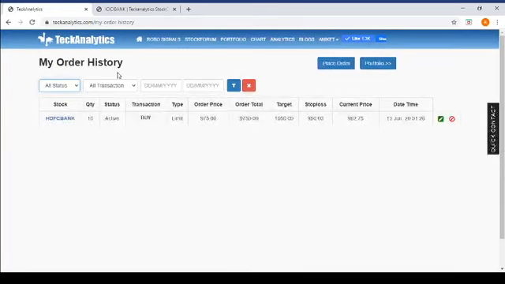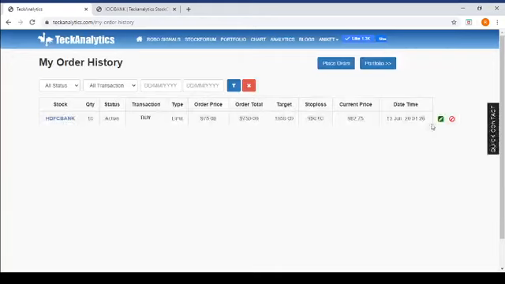Active means yet to be activated. It's in the market. You're buying. Type is limit because you're putting 975 as a negotiated limit price, as we explained, and the total cost of the order is 9,750. The target is 1,050, the stop loss is 950, and the current price CMP is 982.75 as of 30th June.